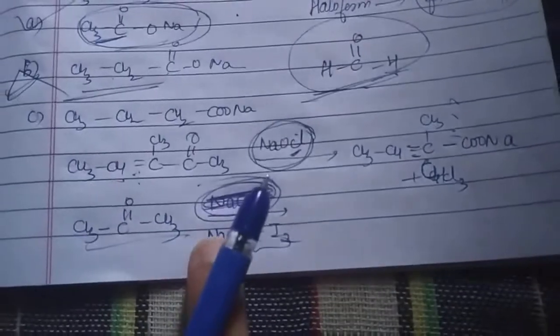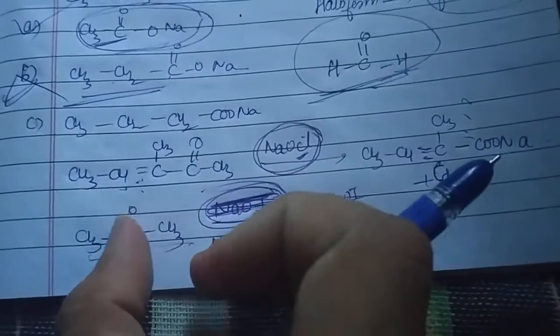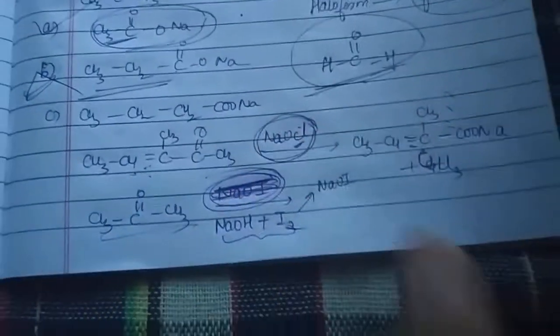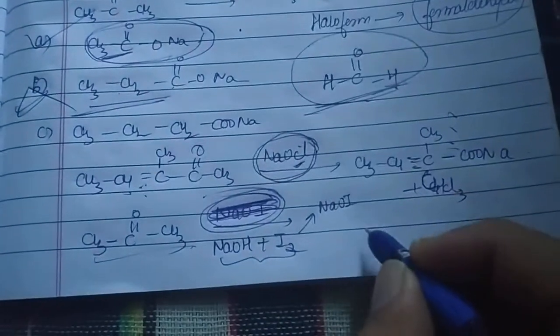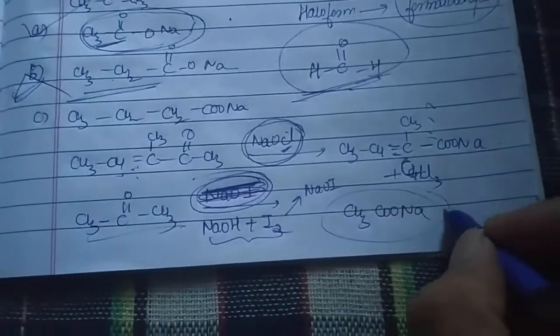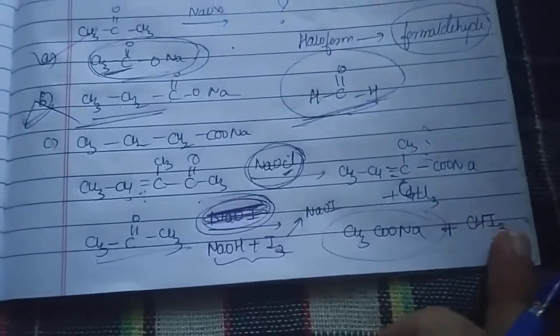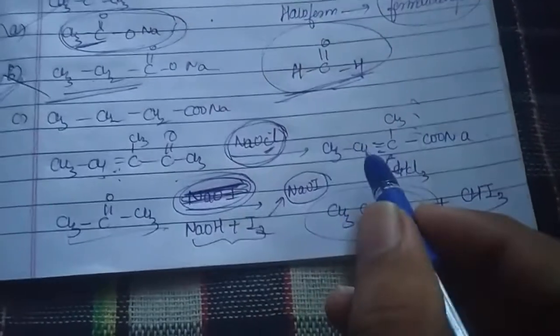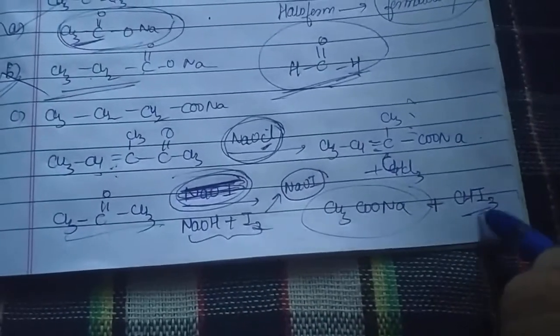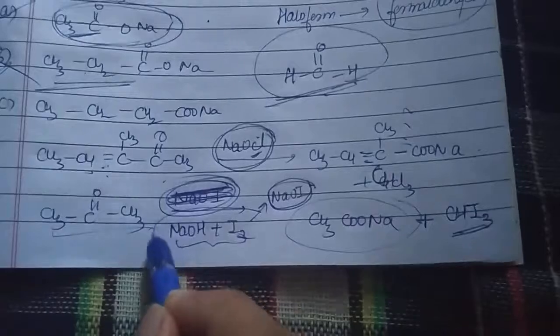So you should realize that NaOH plus I2 means sodium hypoiodide. Sodium hypoiodide in the presence of methyl ketones, the ketones which have a methyl group attached to them, will undergo haloform reaction. So what you get now is CH3COONa, the sodium salt of a carboxylic acid, plus iodoform, CHI3. Why is it so? Because we have used sodium hypoiodide, that is the reason I am getting iodoform. If I had used sodium hypochlorite, I would have got chloroform, as we have seen earlier. Is that clear? Remember, this is very much important.